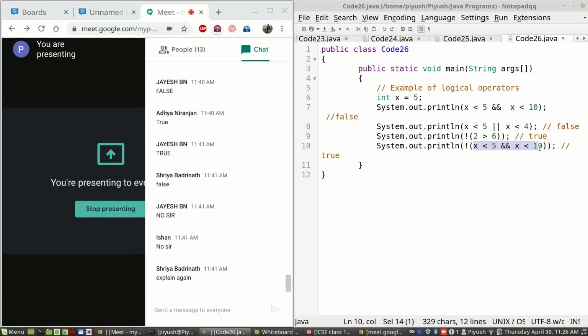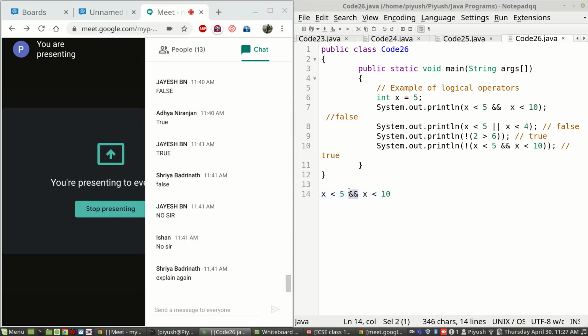What I'm saying is, whatever is the result of the expression before which not is put, it will reverse that result. So what is the expression that is enclosed within not? This entire thing. If you solve this entire thing separately as a single condition, you will see that this is double ampersand, logical AND.